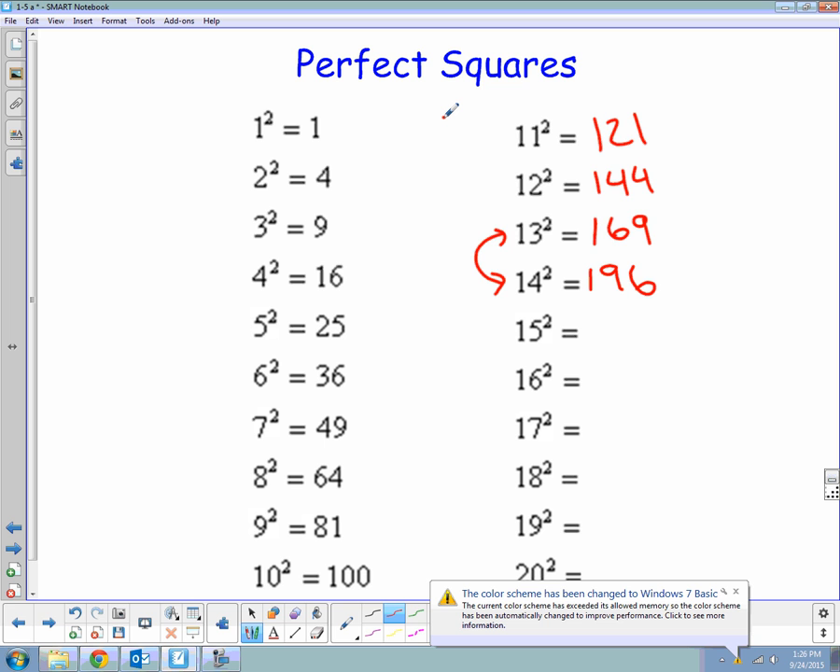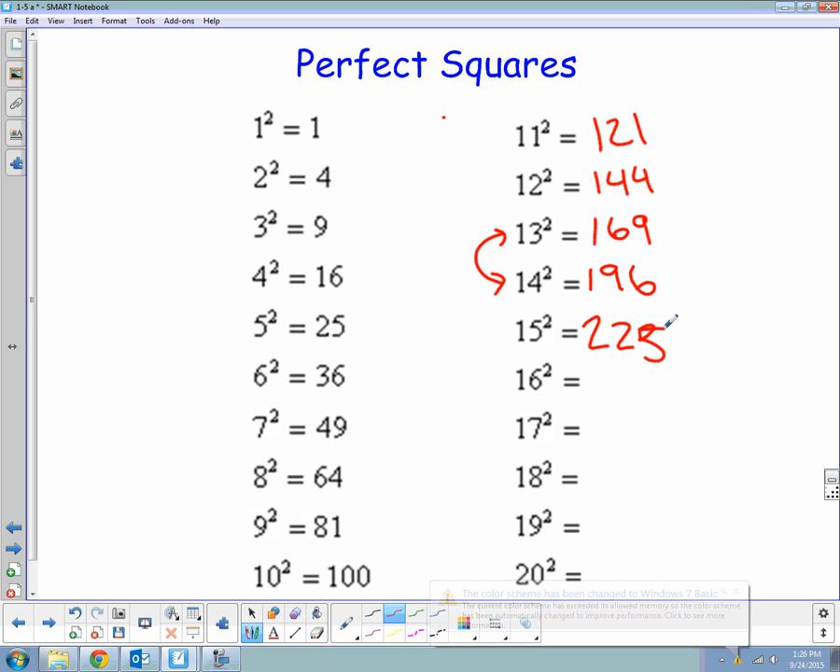15 squared. Since 5 times 5 is 25, 15 times 15 is 225. That's just the way I remember it. I remember 15 squared is 225, because 5 times 5 is 25, and it's going to be bigger than 14 squared, so 225. 16 squared, now 16 and 17, they count. I'll show you what I mean. So it goes